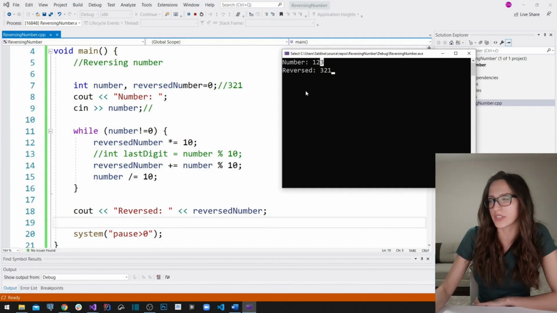So 0 plus 3 is equal to 3. And after that, we are going to really take that last digit from our number that our user has entered. So it has taken this 3 part away. And then in the second iteration that's coming